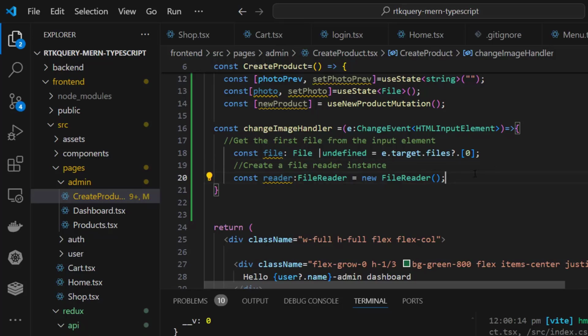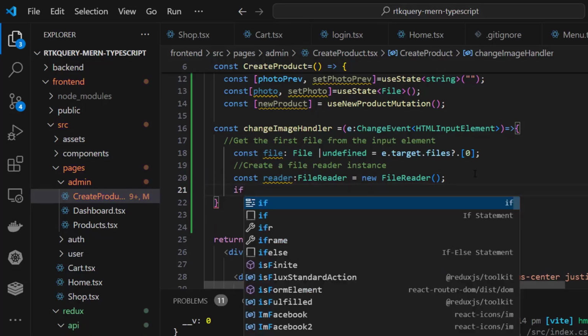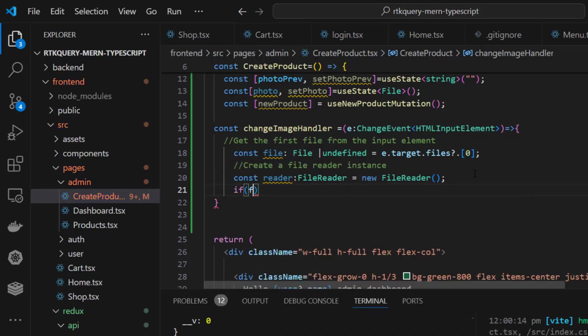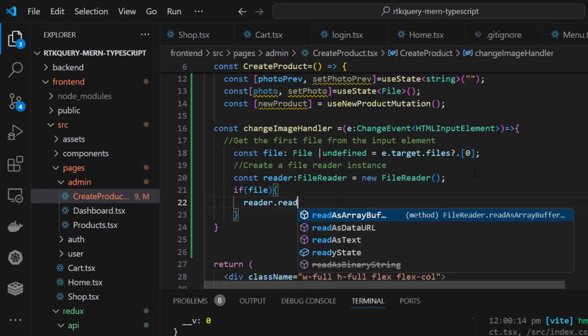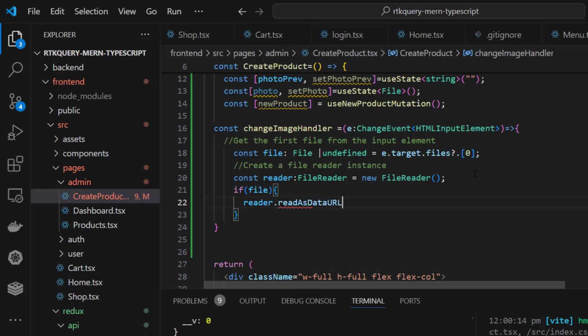Then what we need, so if there is a file, then reader dot read as data URL. Okay,